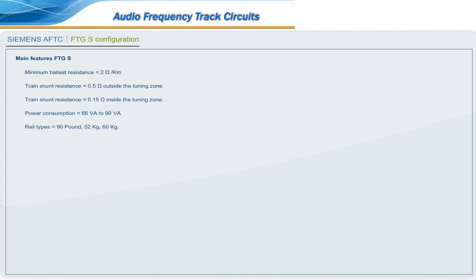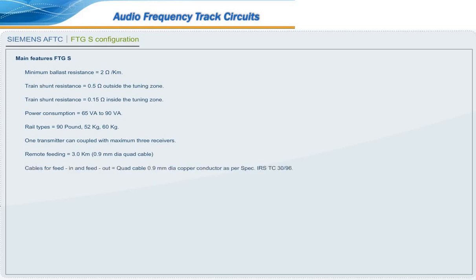Rail types equal to 90 pound, 52 kilogram, 60 kilogram. One transmitter can be coupled with a maximum of 3 receivers. Remote feeding equal to 3 km, 0.9 millimeter diameter quad cable. Cables for feed in and feed out. Quad cable 0.9 millimeter diameter copper conductor as per specification IRS